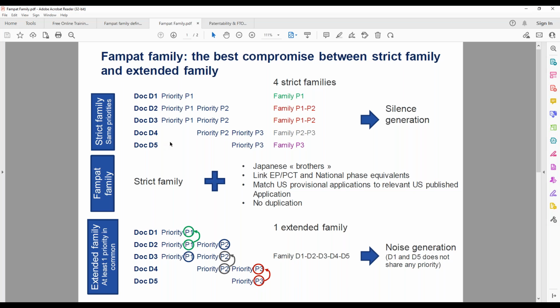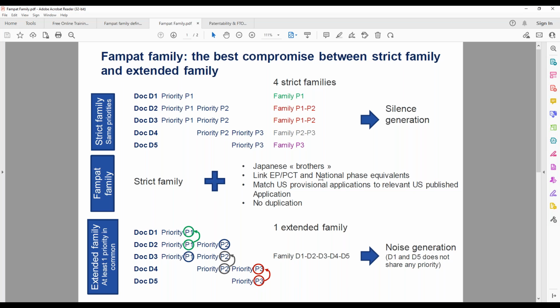From these 5 documents, you will have 4 strict families. This, however, can cause some silence generation. So when you run searches, maybe you find fewer results than expected, and therefore you have silence generation. We talk about a FAMPAT family when this condition, the sharing of priorities, is met, so strict families.